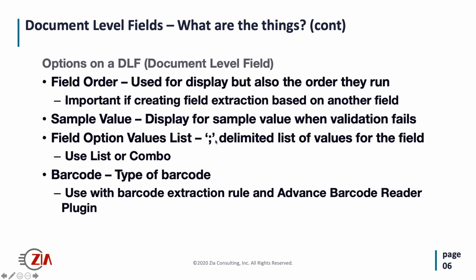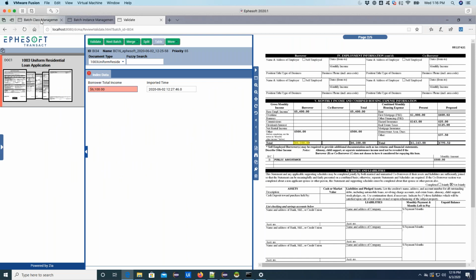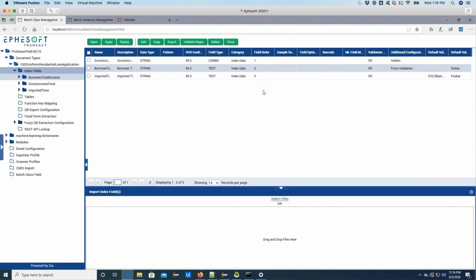The field order is important because if you have multiple fields, and let's go back to that view, this is going to run in this order. One of the rules that we went over in past episodes is you can make a rule that's based off another extraction. So I can find this table and find this label, and then I can use that label as the key for another rule. That one would have to, of course, fire before you can use that value in another extraction rule. And so that's pretty much the field order.